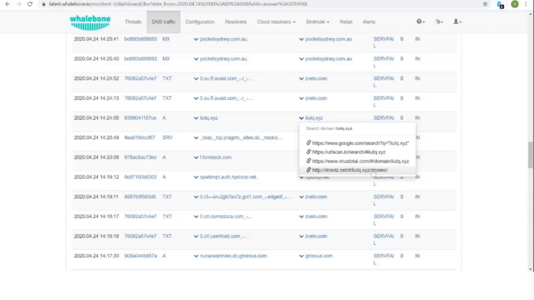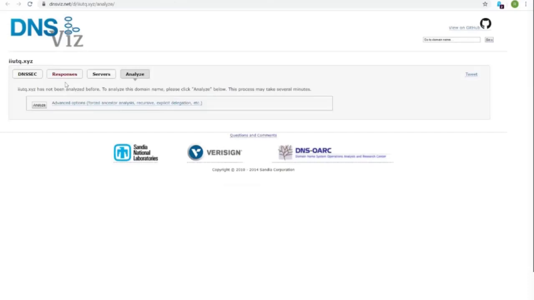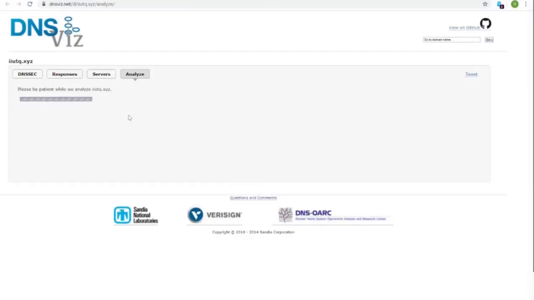So you can use our context menu on the front end in the portal and ask the last option, DNSWiz.net, which is a specialized service to analyze the DNSSEC and overall DNS performance and the configuration of a specific domain. So now the DNSWiz will take a while to